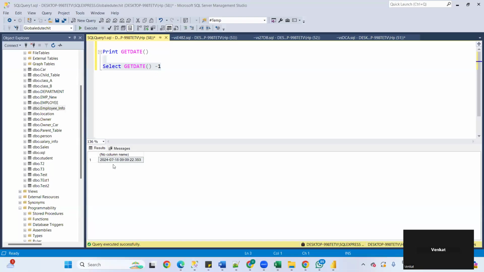So select the date -1, it will give the 18th day. I want to go back the last 30 days or 50 days, not get date. So I have, let's say,